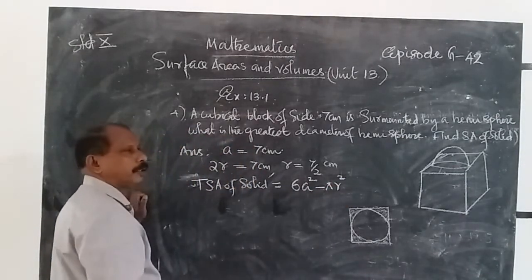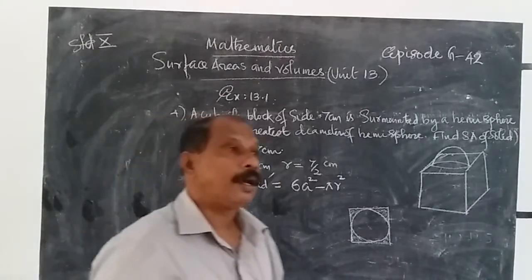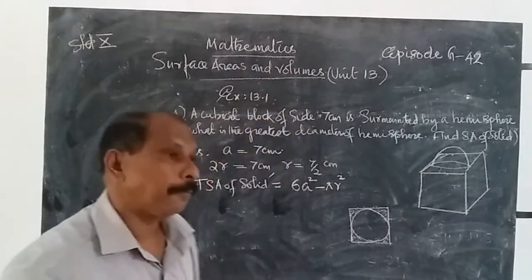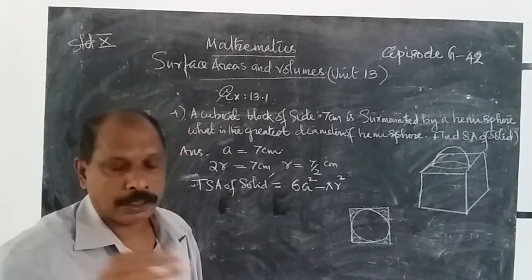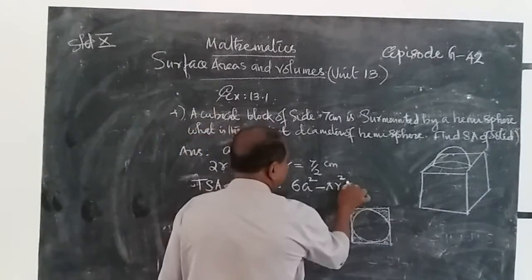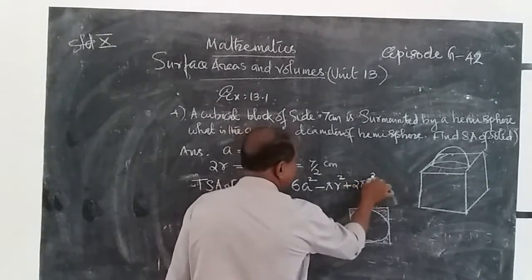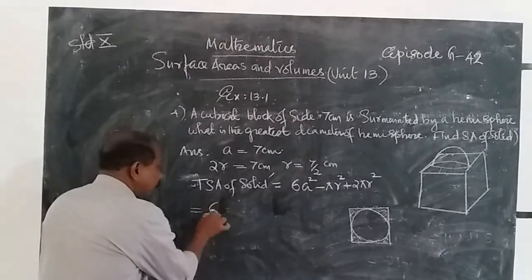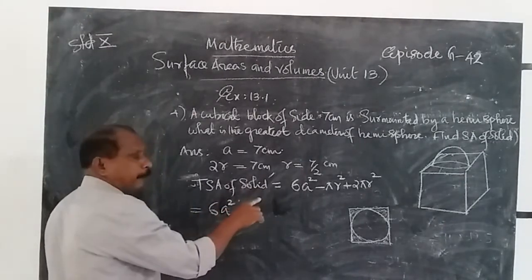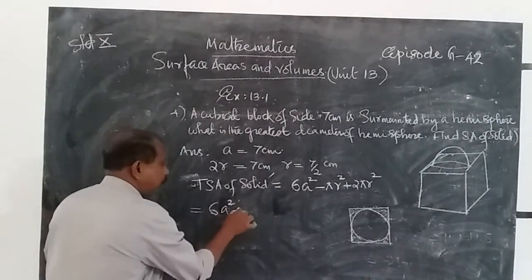That is the total surface area of the cube other than the circular part, plus the curved surface area of the hemisphere, plus 2 pi r square. Clear? That is equal to 6a square minus pi r square plus 2 pi r square, that is plus pi r square,